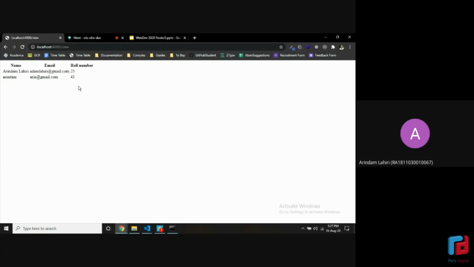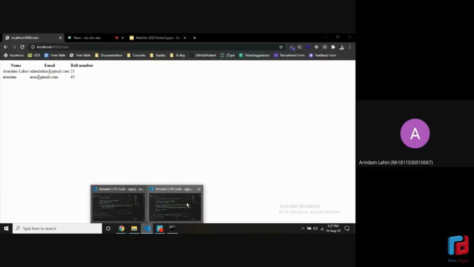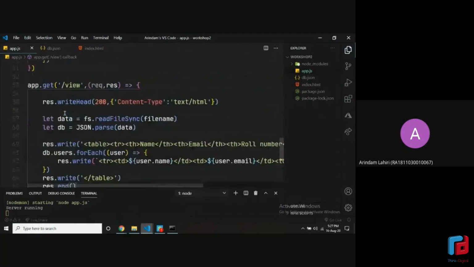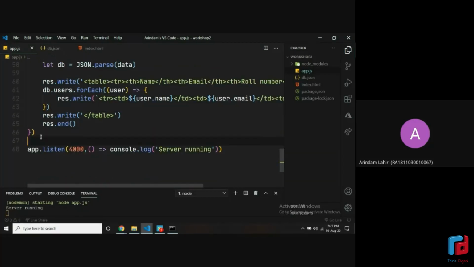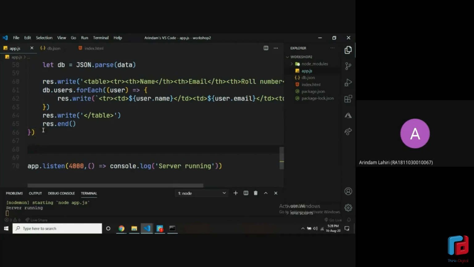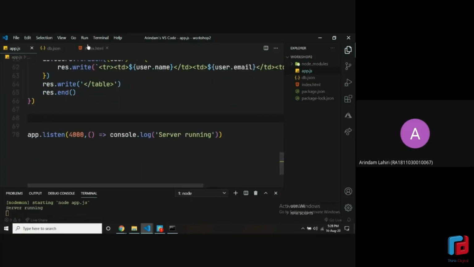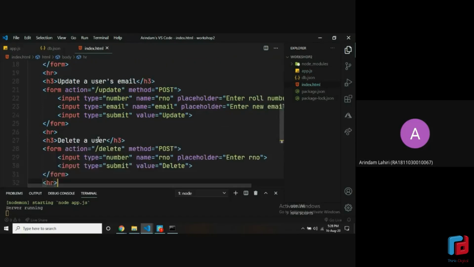If you want, you can just change it also. So if you didn't understand it, you can leave it. I just wanted to show how you can see every user. Instead of doing all this, you could also do a console.log here, and you could see it in the console. I just wrote it so that you can see it in the browser. Okay. Now moving ahead and creating an update functionality, because in the CRUD, after read was update.